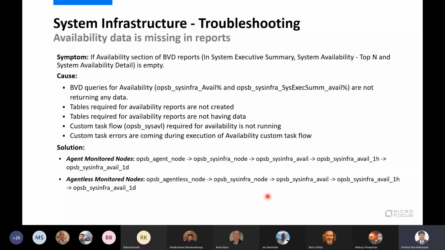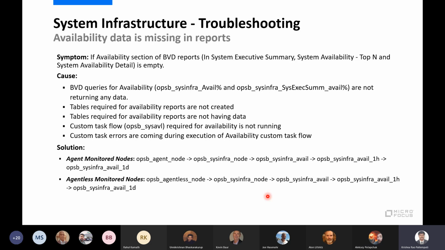Mainly I will cover two sections here. One is when the custom data aggregation or custom Perl script aggregation is missing, how to debug it, and if COSO-provided task flows or COSO-provided tasks are not running, where to look.